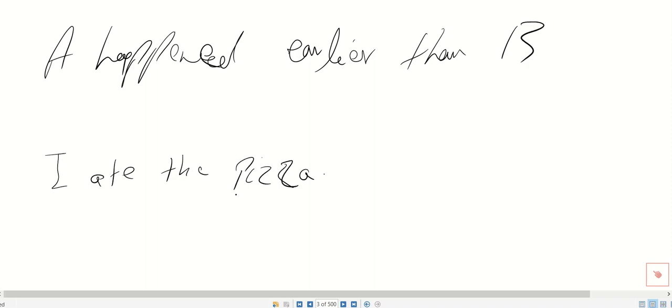In this case, we cannot say "I had eaten the pizza" because there's no sign of a second action that happened in the past, so we can compare to see which one happened sooner. We have just one sentence, "I ate the pizza," and we cannot make it "I had eaten the pizza." But in some situations, we can make just one single sentence past perfect, where we talk about unfulfilled events,